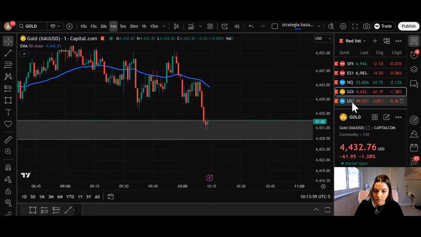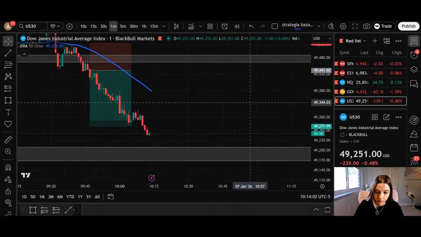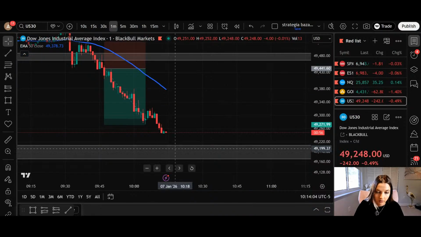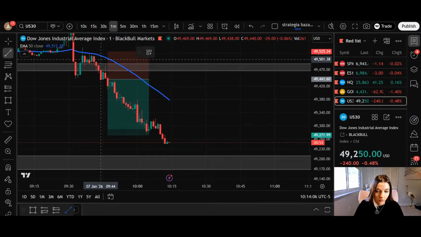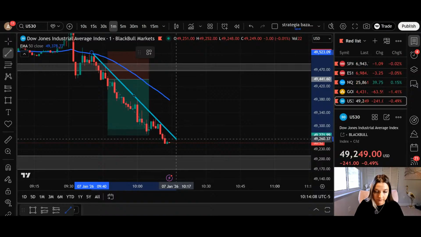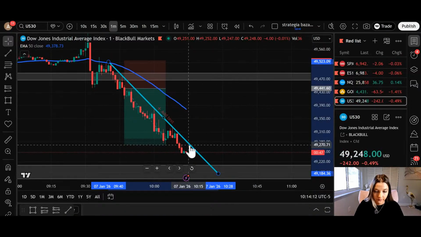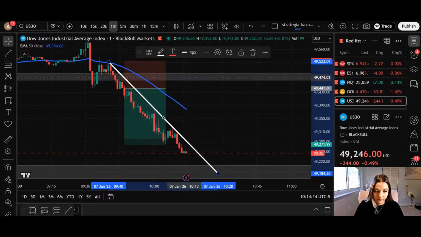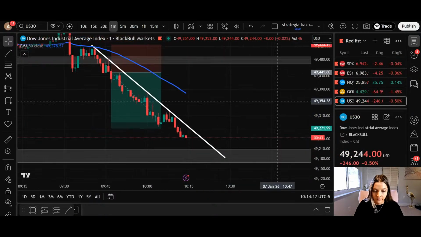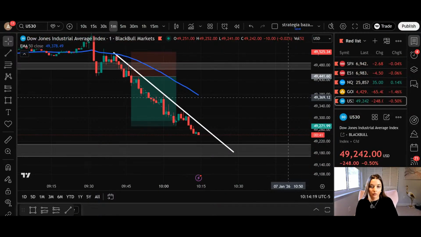Okay, let's see the Dow. What is the Dow doing? Oh, it's dropping. Let's see how it's gonna react around this area. And we can also make a trend line. It's a trend line, so now we can also